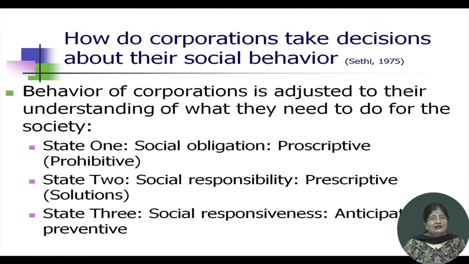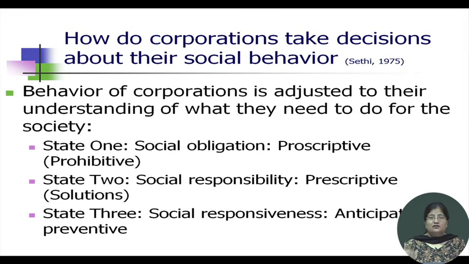In the second state, they feel that it is their responsibility. It is no longer forced on them, but they accept it as their responsibility. It is a sense of duty. So the approach is prescriptive: this is the problem we see, these are the solutions we can suggest. State 3 is responsiveness. They anticipate what society can need, and their approach is preventive. They will take active measures to prevent problems in